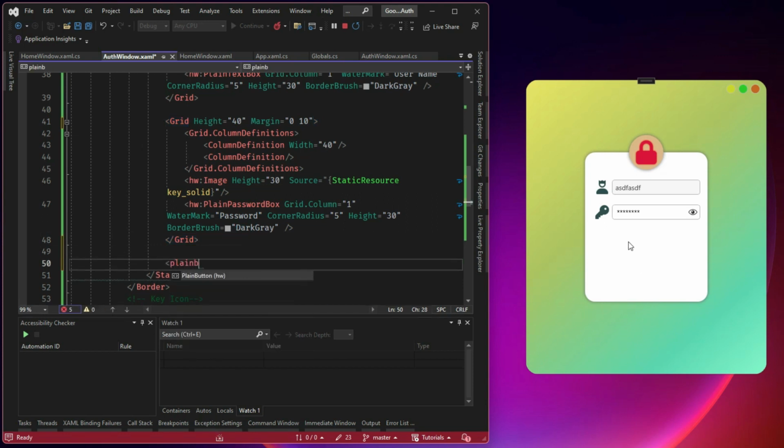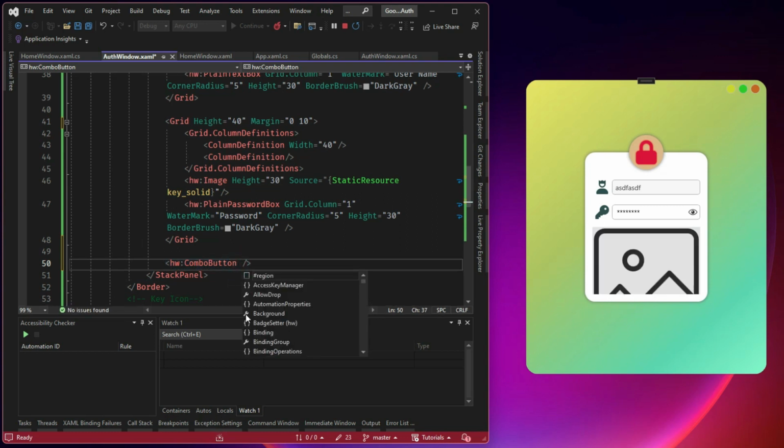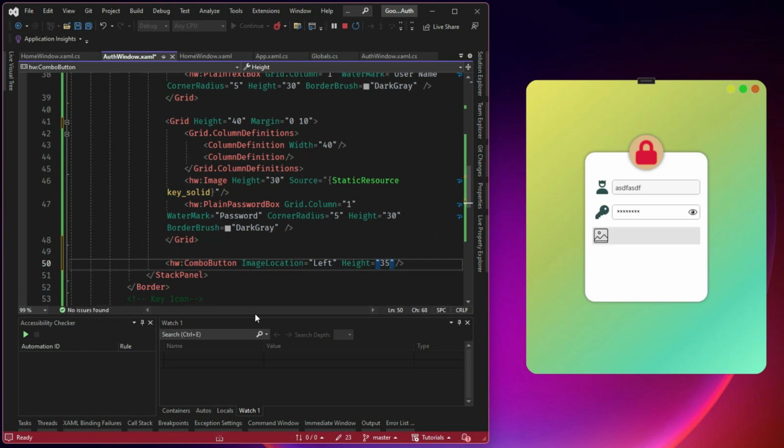This button is going to be plain button, or maybe let's say combo button from WPF, where my image location will be on the left side, and it will have a height of 35. So left side I will have an image, right side I will have something, and we will split it into two. What we will do, we will have a uniform grid here,